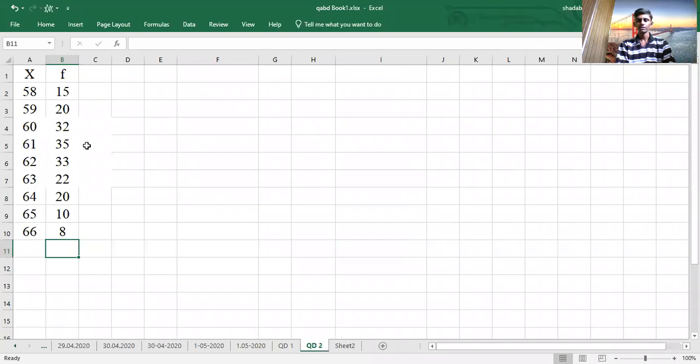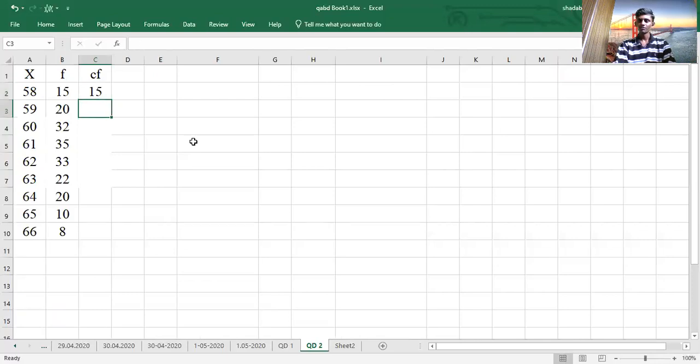Just look here. The values and frequencies they have given, I already mentioned. For a discrete series, we also have to find the cumulative frequency. That is very simple. We already did it in median class and measures of central tendency problems. For more details, just watch my videos. Now, cumulative frequency is very simple.